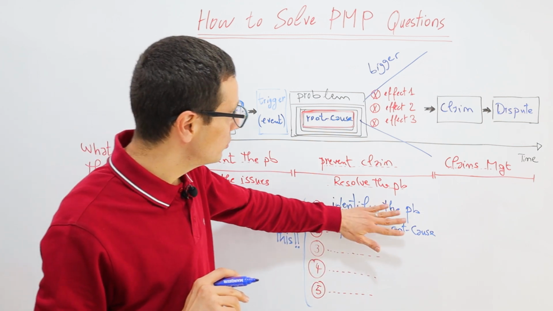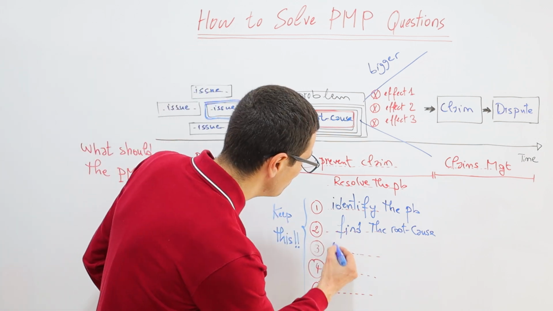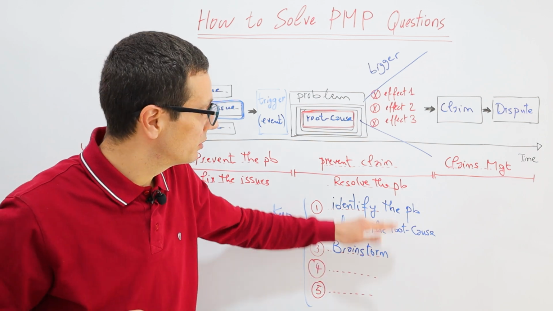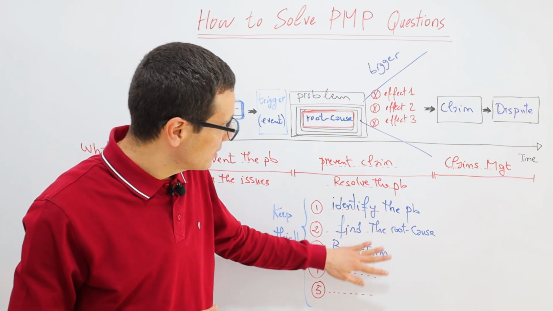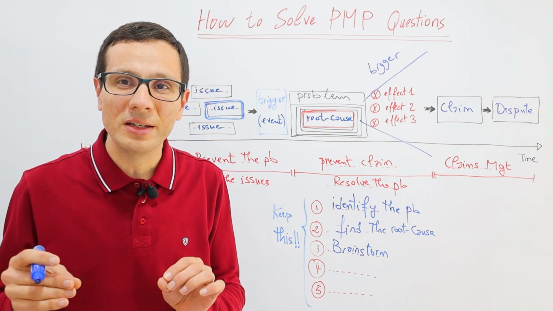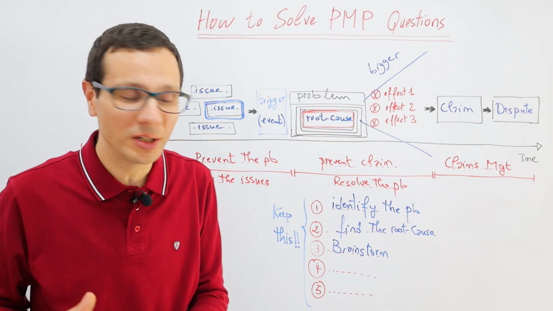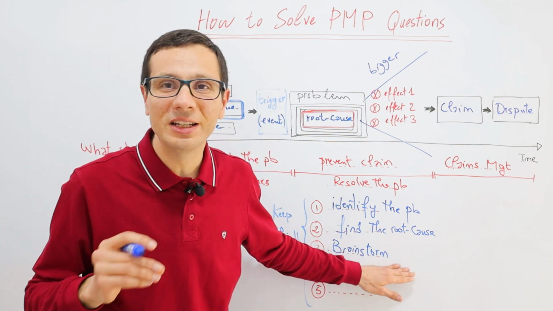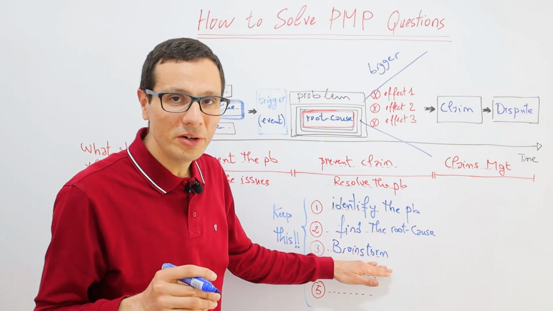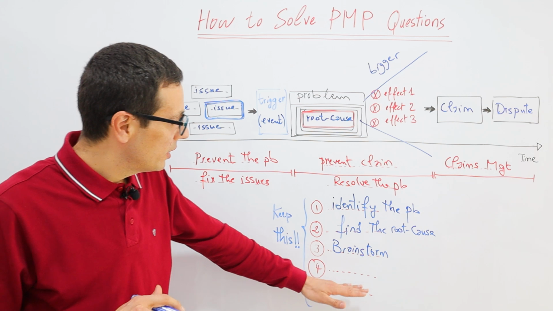Third, now you have identified the problem and found the root cause, you need to brainstorm the different alternatives for resolving the problem. And this phase usually involves the project team. You are not the expert in the project. You have a team that you are managing, and you need to involve them in giving you the solution for the encountered issues. Therefore, after brainstorming the different alternatives, you implement